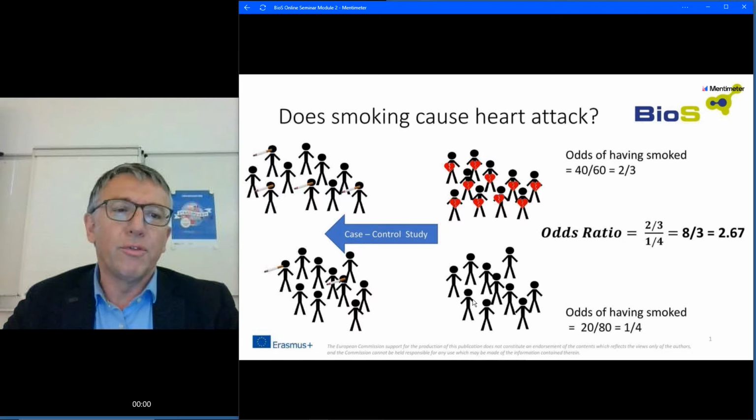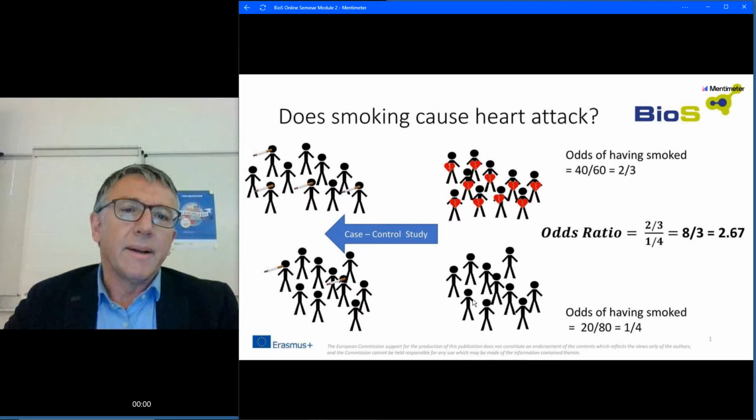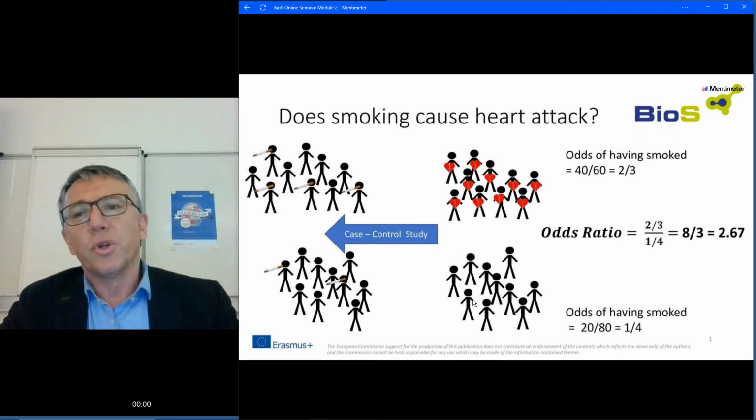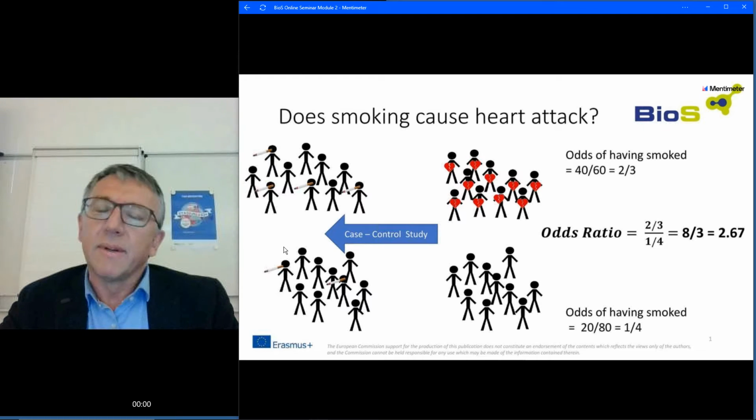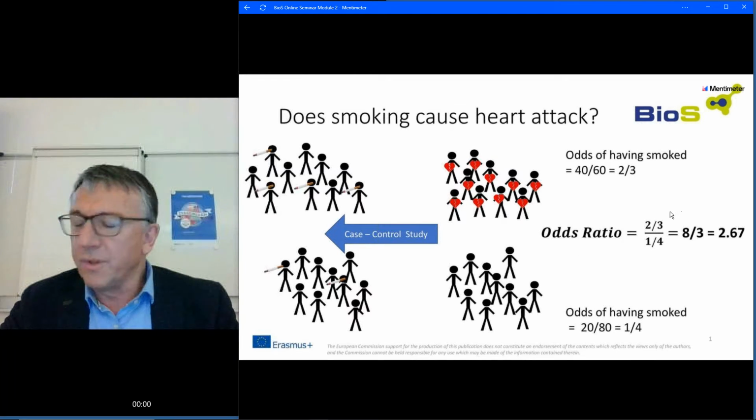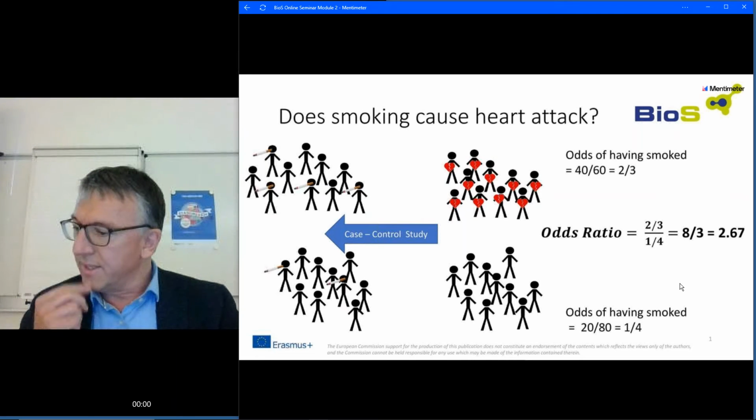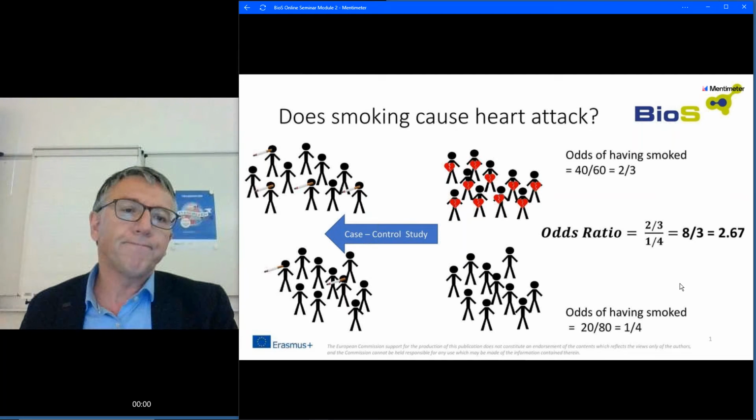Is this really good information? It would have been better if you would be able to predict, if you had smoked, whether you will develop a heart attack. That is something you would be interested in. And this ratio here is just the opposite. It gives you the odds of the exposure, not the odds of the disease. However,